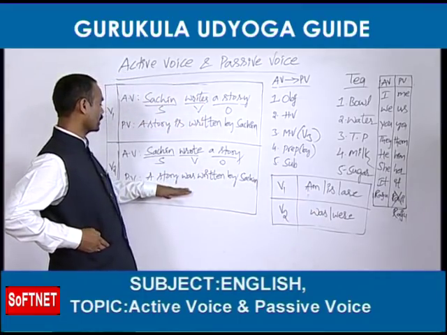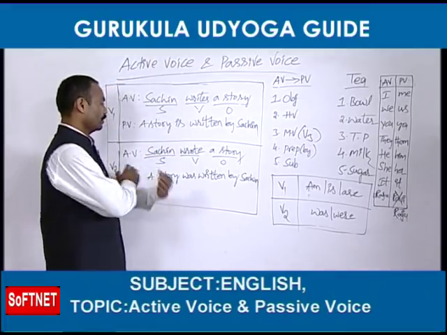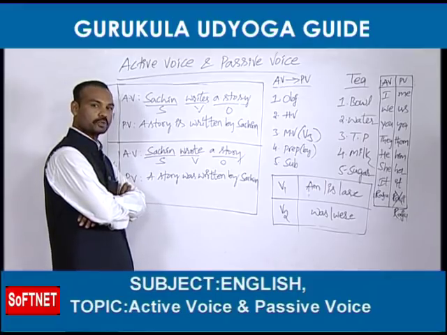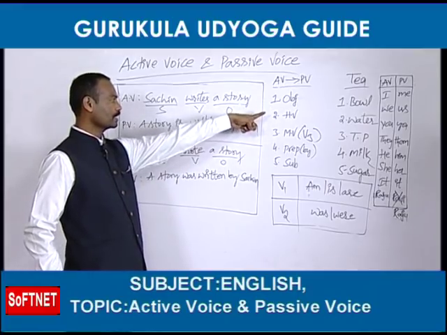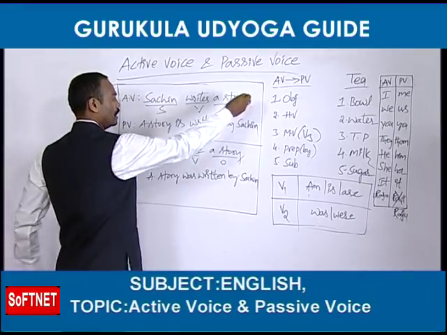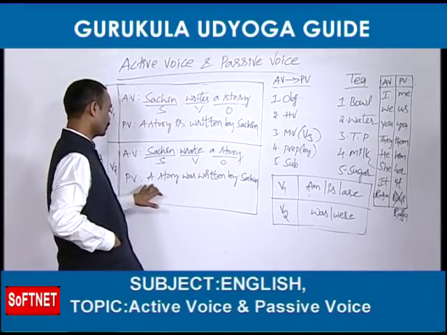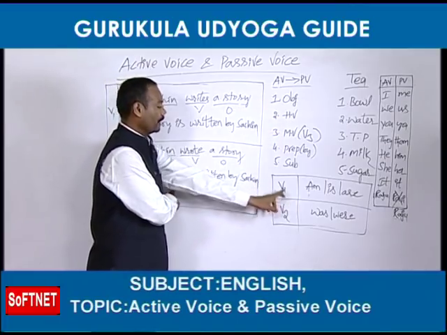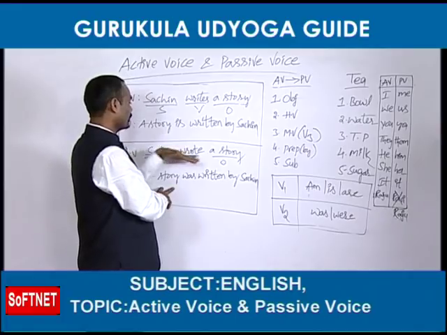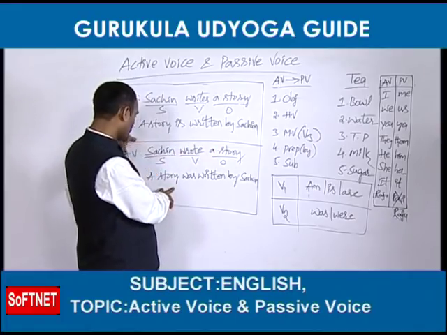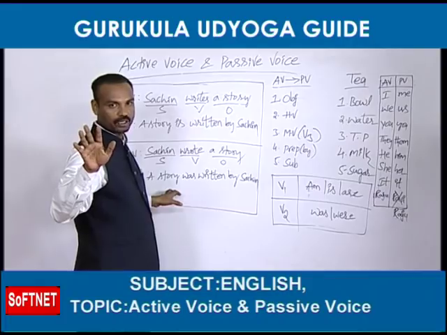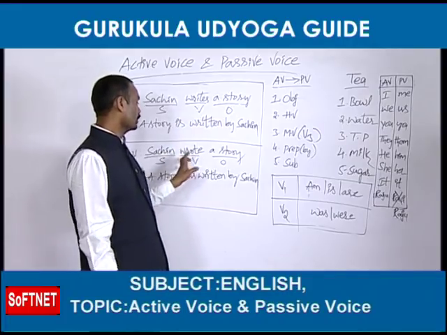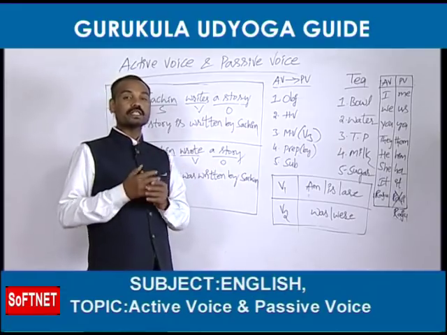See, this is active voice. Now we are going to change this active voice into passive voice. Before that, what items are required for changing an active voice into passive voice? We need one object, next helping verb, main verb, preposition, subject. Object: a story is the object. Next, what should we take? Helping verb. Sometimes helping verbs are given in the active voice only. See, is there any helping verb? No, there is no helping verb at all in this active voice. Whenever they don't give any helping verb, it is easy. You should go to the main verb and see whether it is V1 or V2.